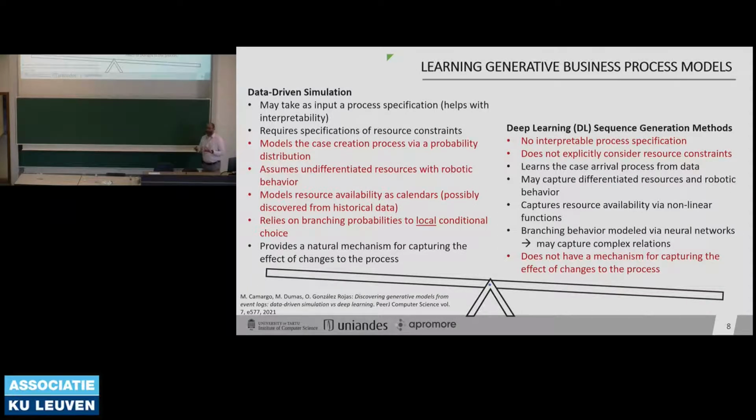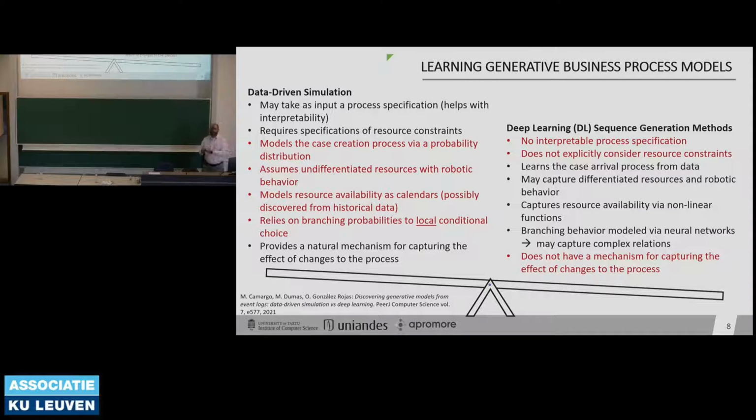Both of them have very different characteristics, starting with the fact that data-driven simulation models are white box models. They are really easy to use in what-if analysis. You can modify everything, you can see what is being modified, and you can expect some explanation about the final results, right? The problem is that they are not entirely able to reproduce human behavior. It's very complex for these kinds of simulations, and they are based on discrete event simulation, which is kind of robotic, right? The deep learning models on their own are black box models.